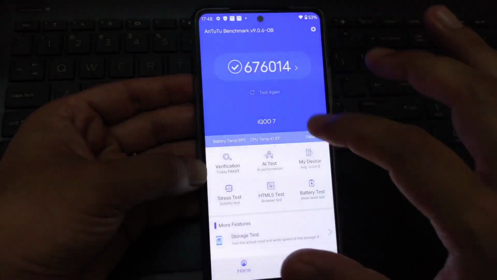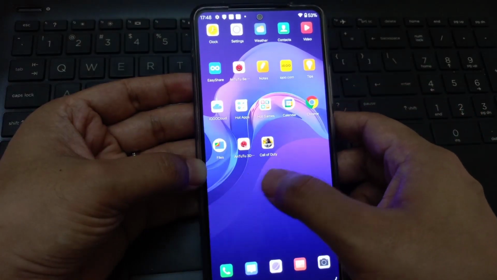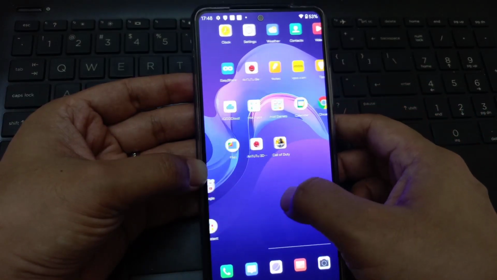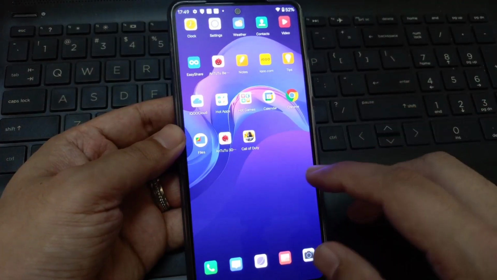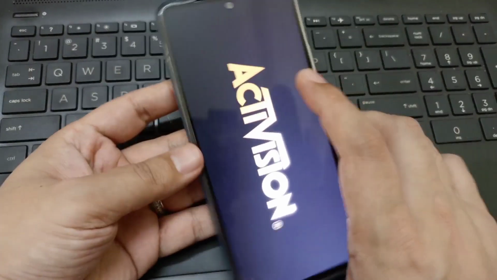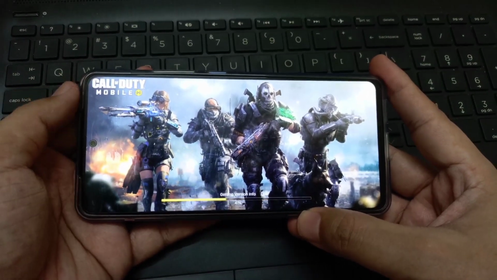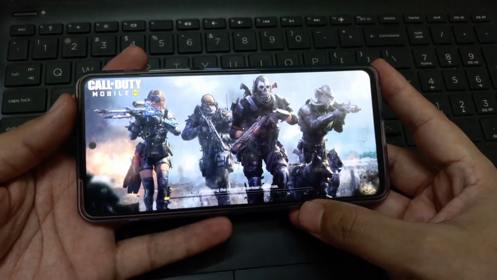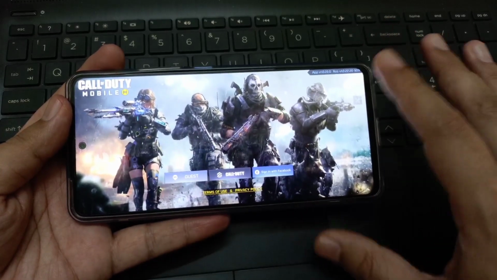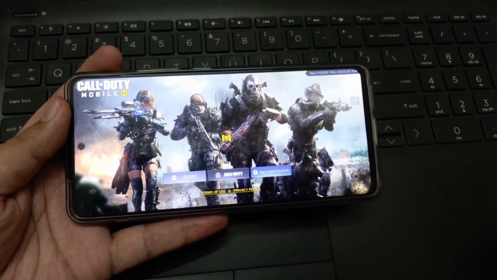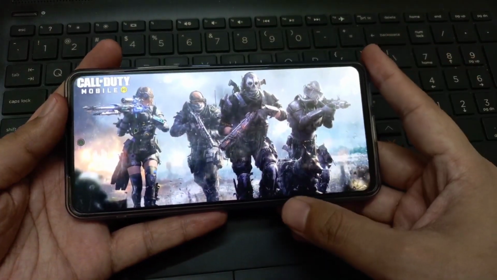So overall, you can see the performance comes down after this 12 installation. And I have installed Call of Duty on this just to test the game. Let me just start the game. Okay, so let me quickly start the game here, Call of Duty. So you can see there is no bar coming up from the sideways. So the game mode is not active here. Okay, the game starts and everything is quite well, everything works fine. The game starts in a considerable manner, so things look fine to me when it comes to gaming.